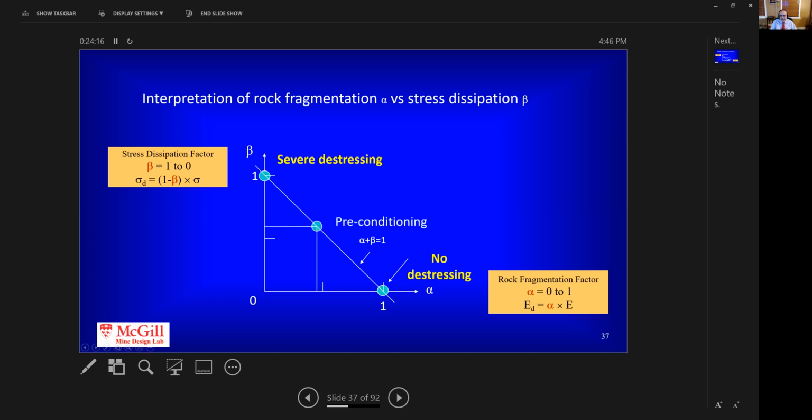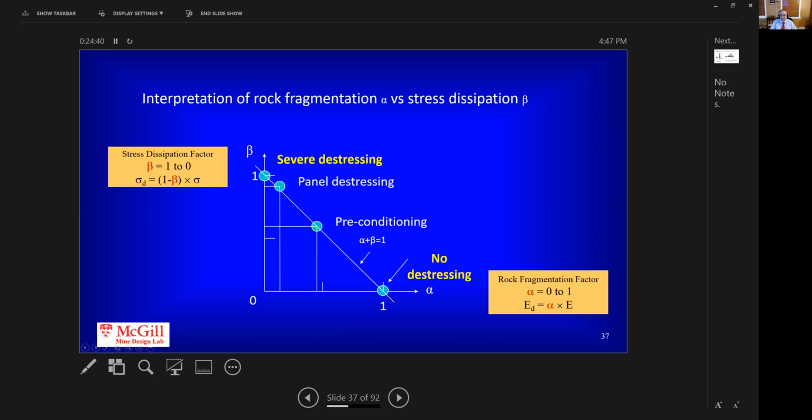In practice, preconditioning would be somewhere in the area of 0.5, 0.6 for alpha and beta, whereas panel destressing, because it's production-style blasting, would be in the zone of 5-10% rock fragmentation factor and